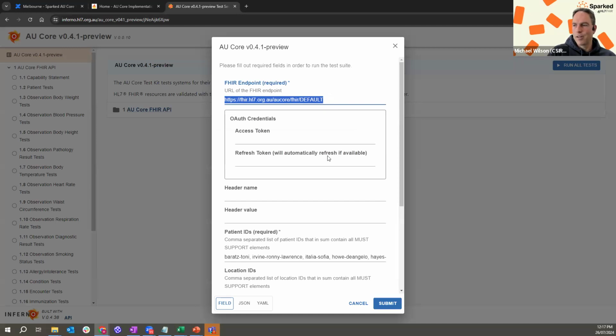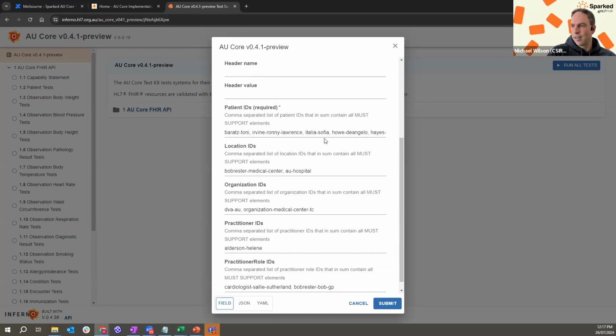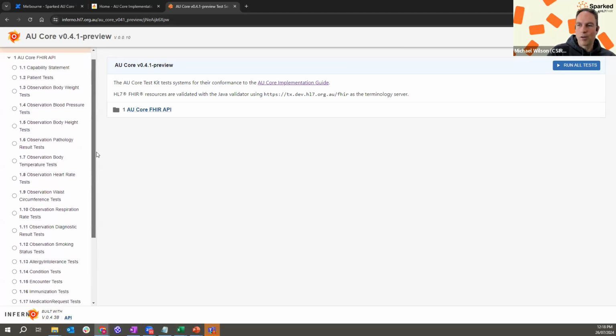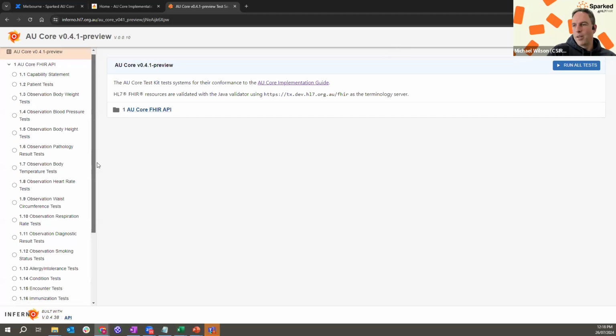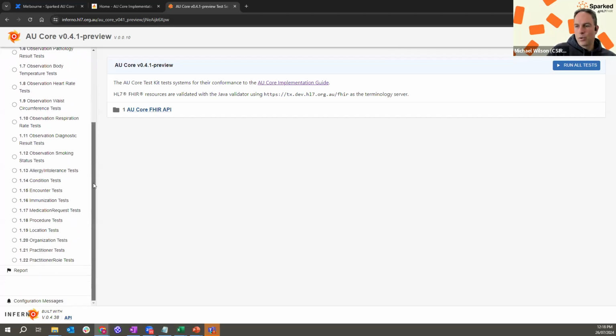You can change that to your server and provide any details, such as headers for authentication. Then these are the patient IDs. We have test data available, which I'll talk to in a minute, but you can specify which patients, locations and organizations you want to use for the tests. These tests will run searches and reads, and do validation against AU Core. That's all run automatically through Inferno.